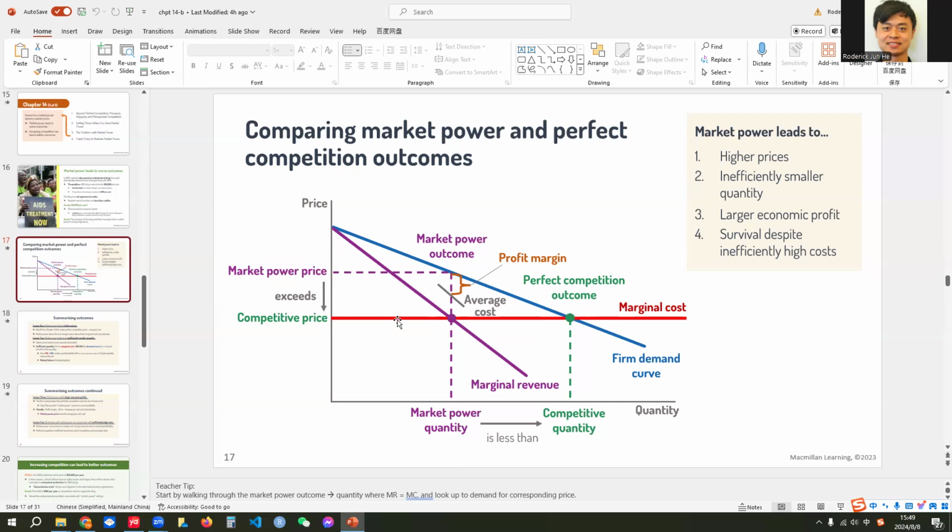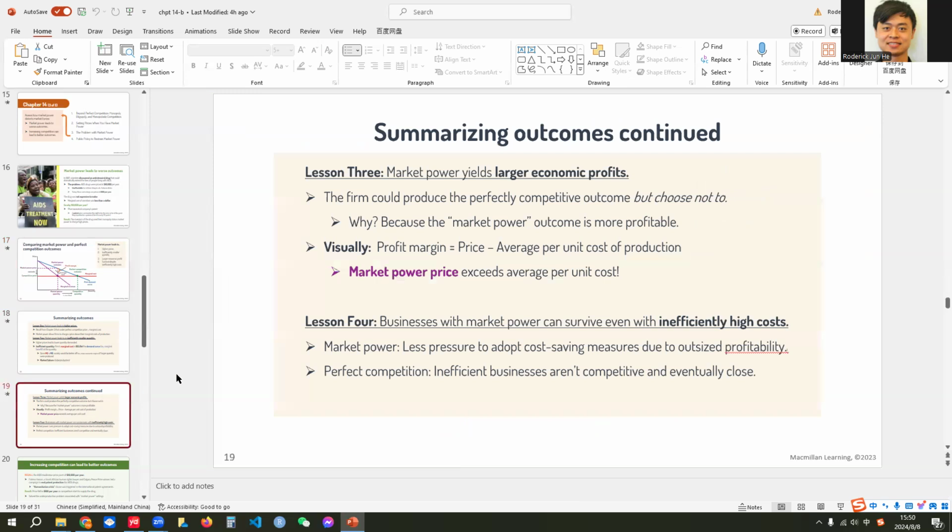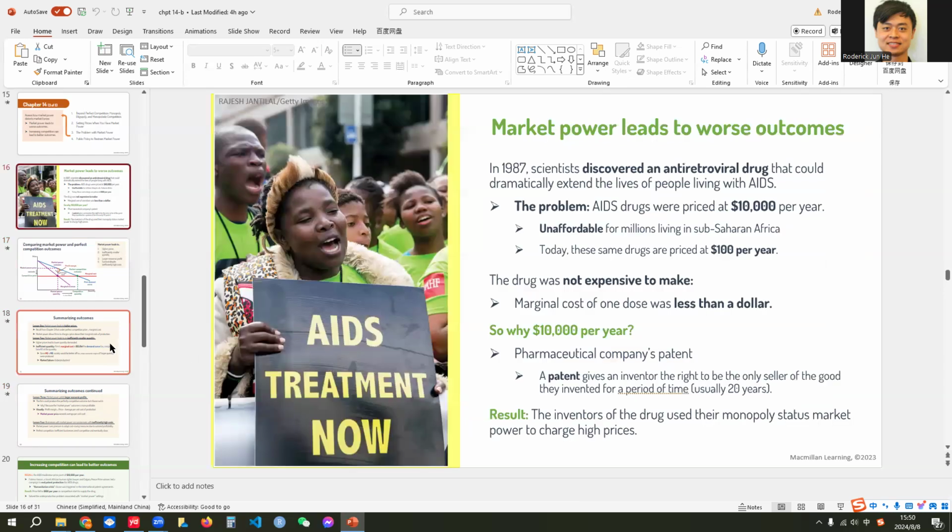And as you see, the market output, the output by this firm itself, is lower than the equilibrium point, and the price is higher than the equilibrium point. And therefore, there is a deadweight loss. We haven't drawn it here. It should be this triangle. Okay? But anyways, the social welfare decreases, and people are worse off. That's why you see people